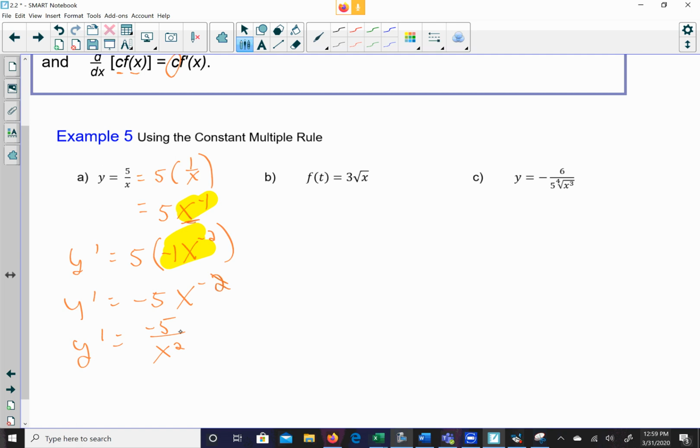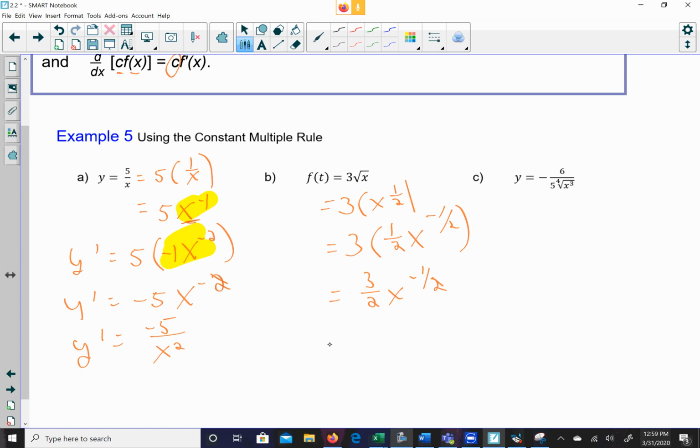So now I'm going to do b. I'm going to think of it the same way. I'm going to have this 3 out in front. This x, since it's taken the square root, is understood to be raised to the 1/2 power. Now when I go to find the derivative, the 3 is hanging out on the outside. Then I take 1/2 out in front, x, then 1/2 minus 1 would be -1/2. So when I multiply, I'm going to have 3 halves x to the -1/2,